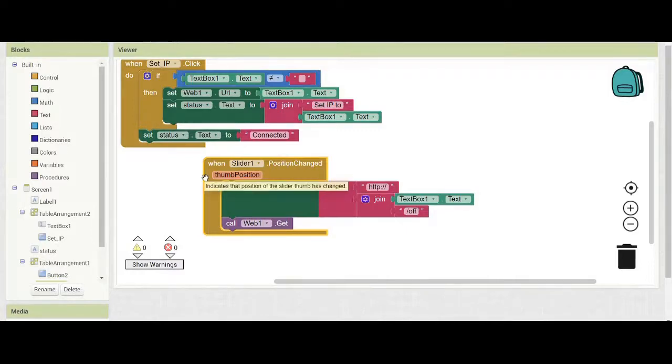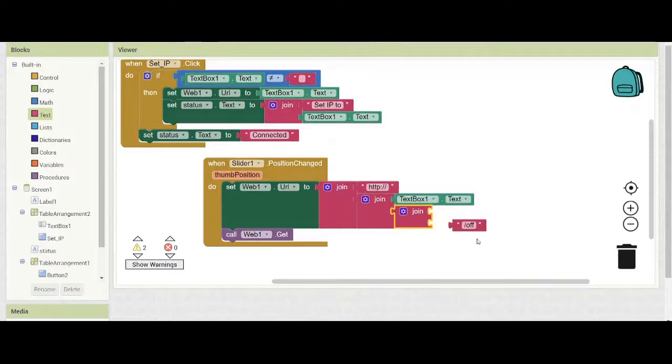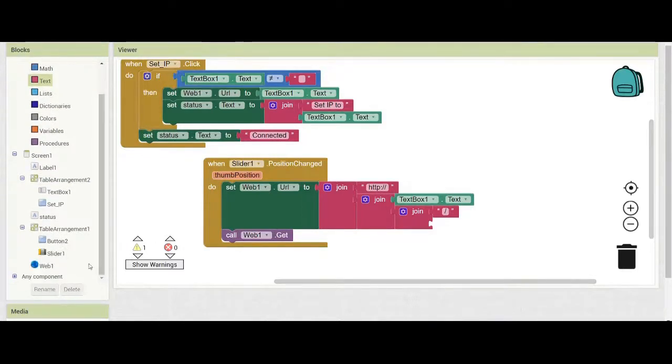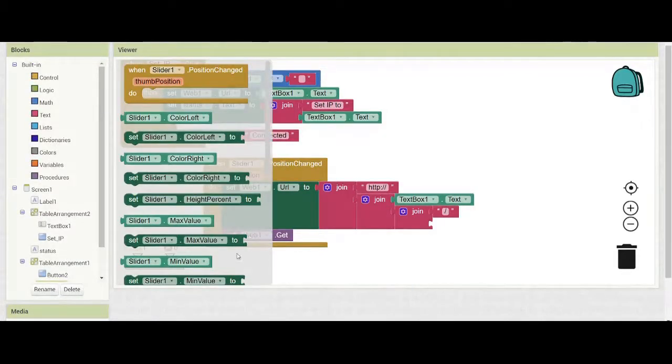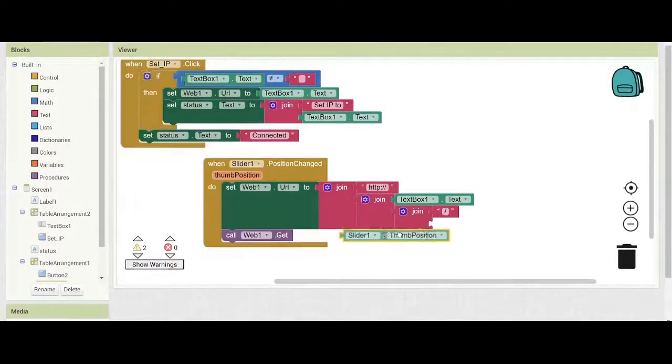And then we have to remove this because we need the thumb value also. So we will again go to text, add one extra join over here, add a slash over here, and we will go to slider and get the thumb position and set it over here.